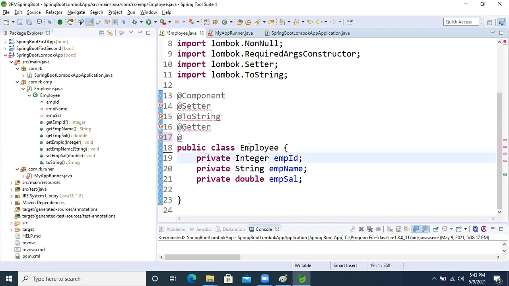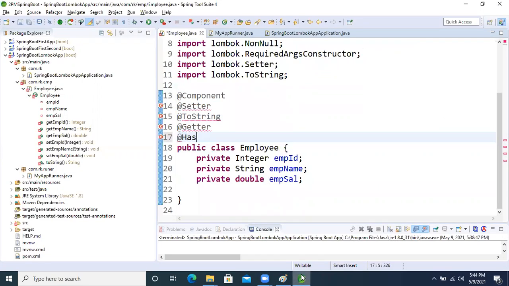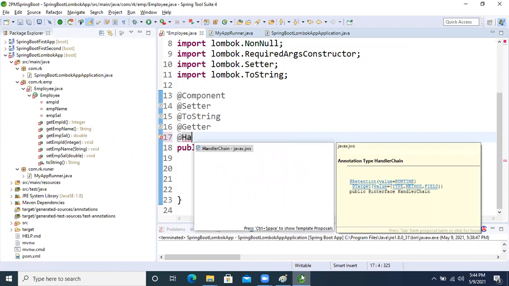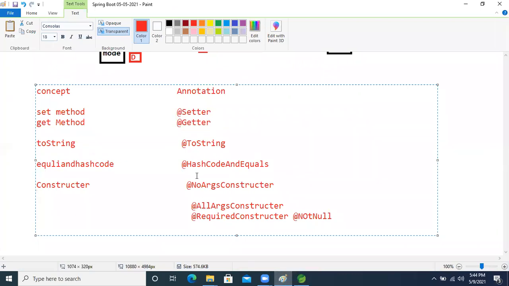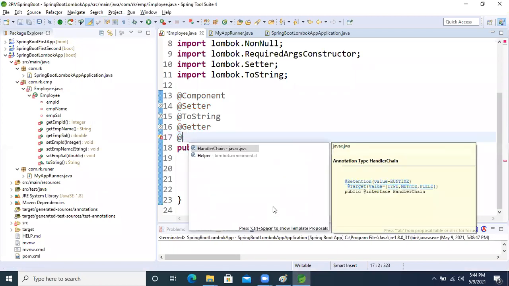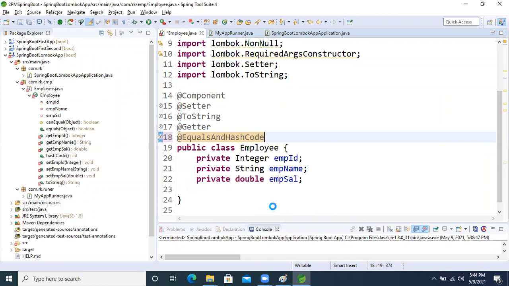The remaining annotations are @EqualsAndHashCode. Sorry for that, the equals and hashCode annotation is there.